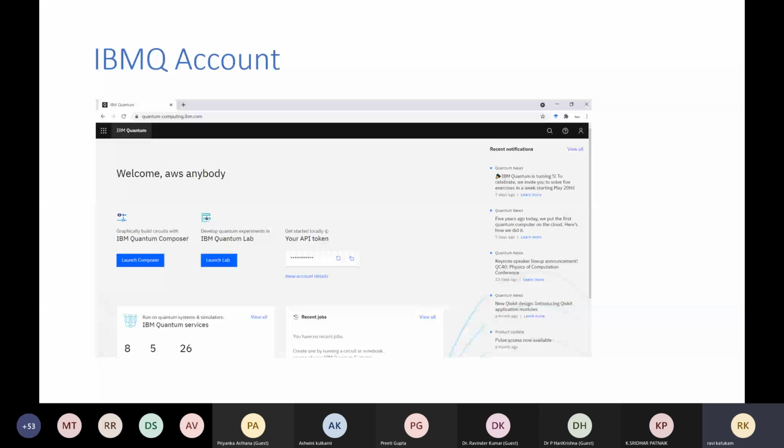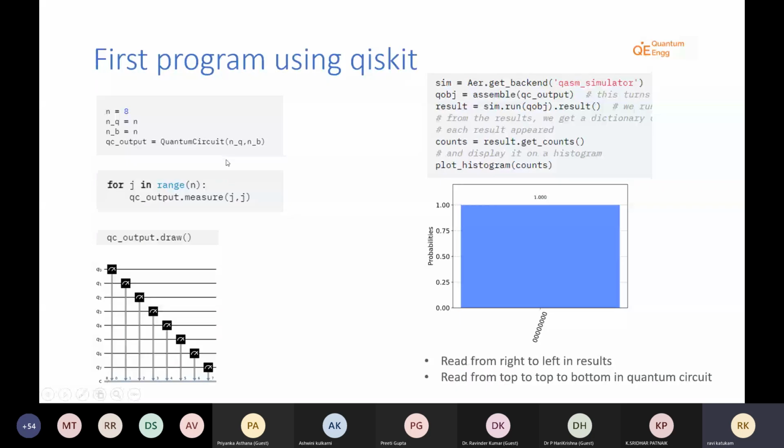So we could successfully create certain qubits, and this is basically the syntax of how you use Qiskit. Whatever we said in the first session, that is the syntax. How do you create a circuit? And there we said it's better to create an equal number of qubits and classical bits, and for every qubit it is always advisable to have a measurement gate, so that the measurement information can be stored back. What we said is that in the circuit you read from top to bottom, and in the results from left to right. That's what we said when you want to interpret the results.